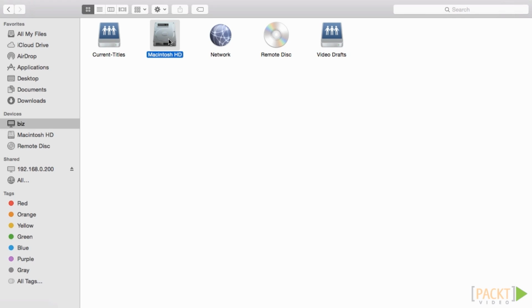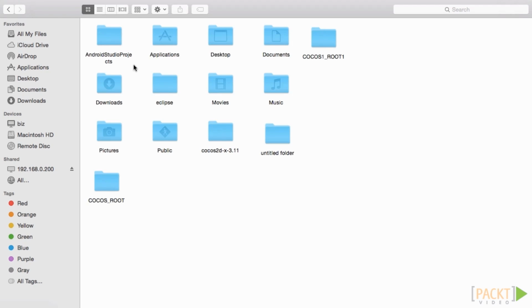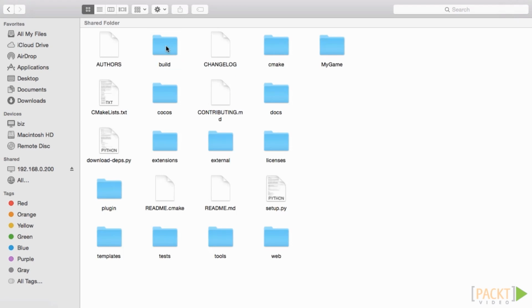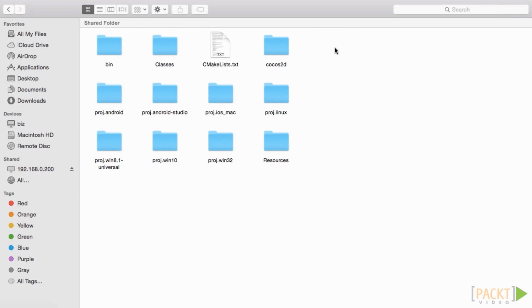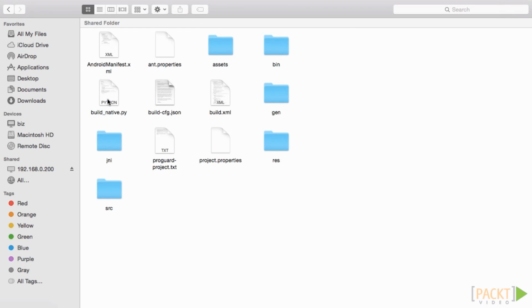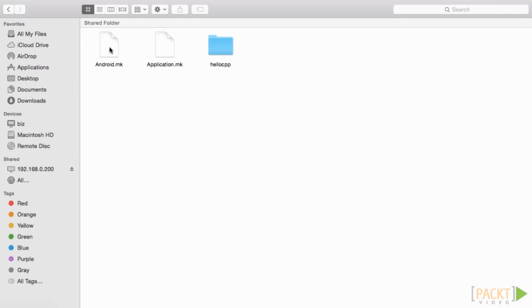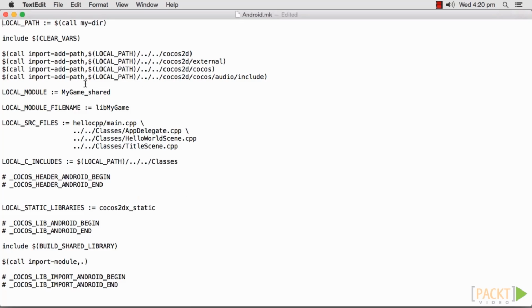Go to the folder where the android.mk file has been placed. Go to My Game, proj.android, JNI. Now edit android.mk. It is a tedious job to fix android.mk again to add the C++ files. So, we'll customize android.mk so that it can add C++ files automatically. We'll type